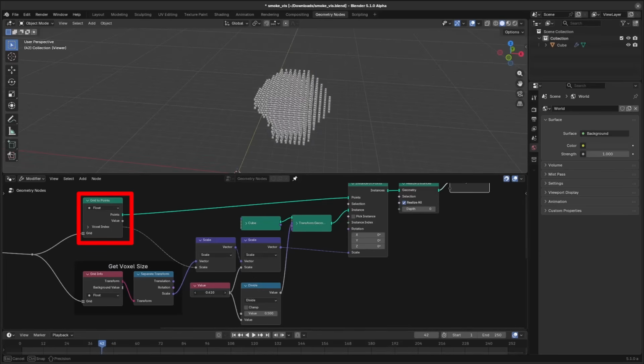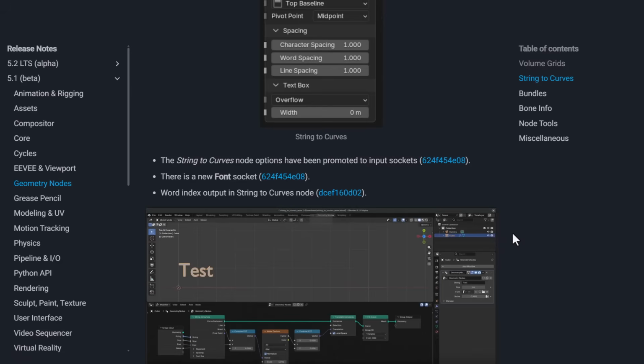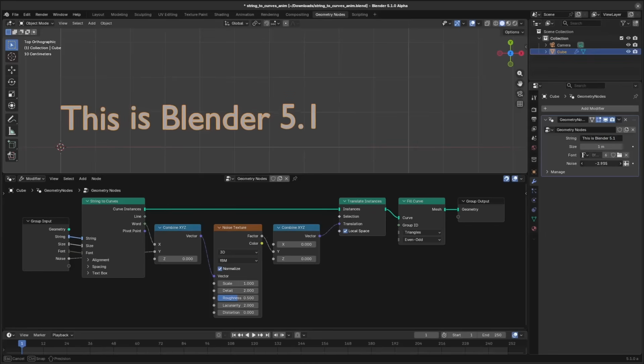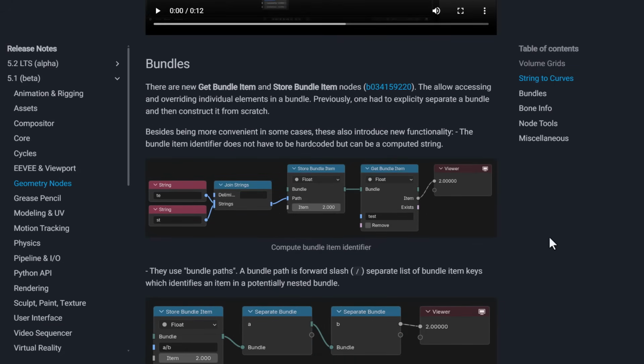And at the same time, we are also having some more impressive things like the string to curve, which is also really cool, and the new font socket. So for those who've been thinking about working with fonts, playing with fonts with geometry nodes, then you can now go to town with this one. There are new updates to the bundles and closure stuff as we're getting new bundle item and new store item